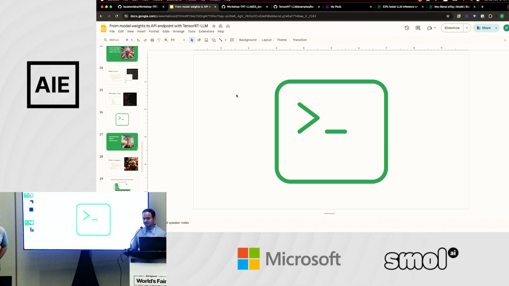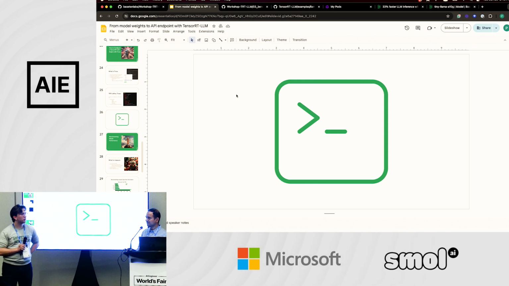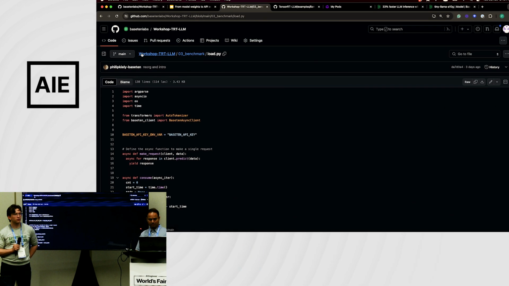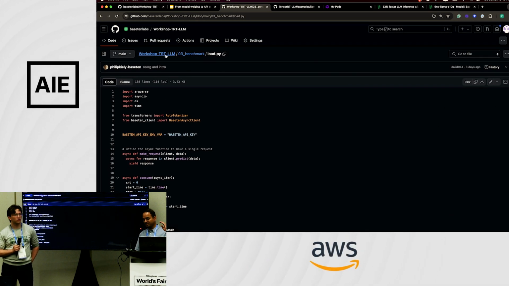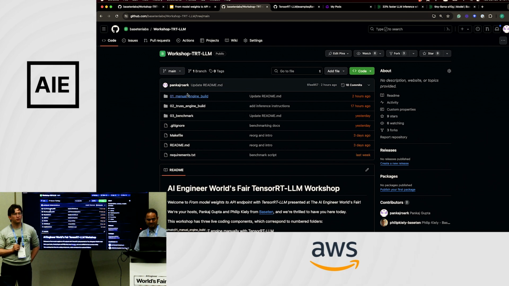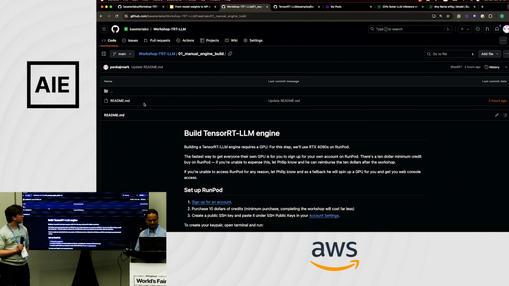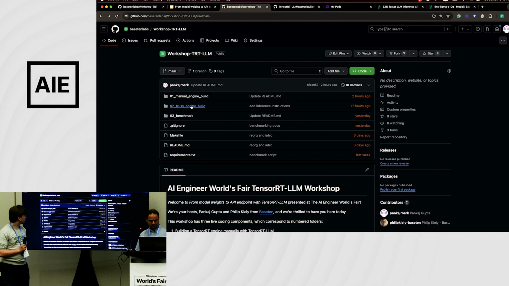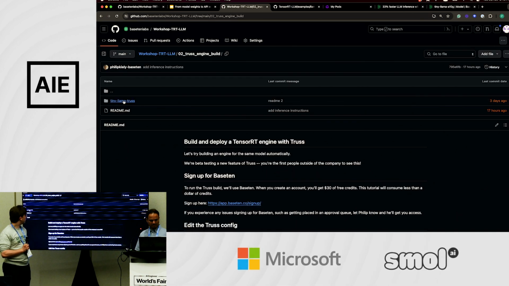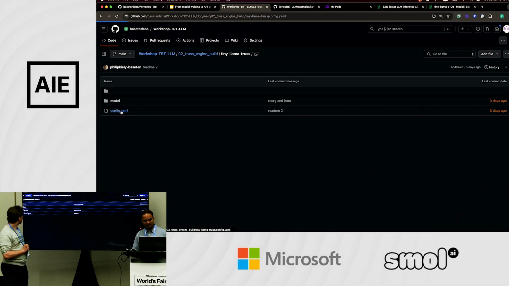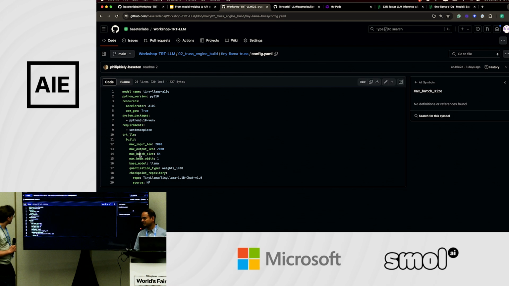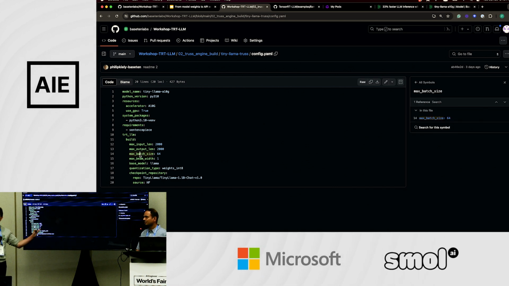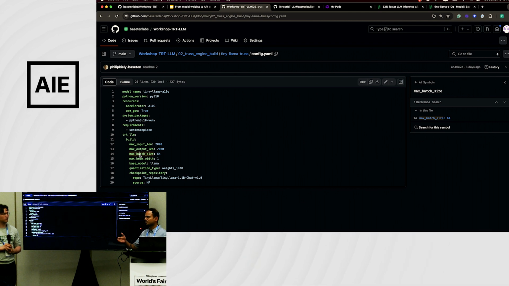The question was, did I have a max batch size in mind when I was running it? Yes, because I deployed the model with the config in this workshop. Let me show you that. I built the model with a max batch size, and you can increase that batch size. So in this Tiny Llama model that I deployed, I specified a max batch size of 64. So if I go beyond 64, it's not going to help me, because all those requests will just wait.